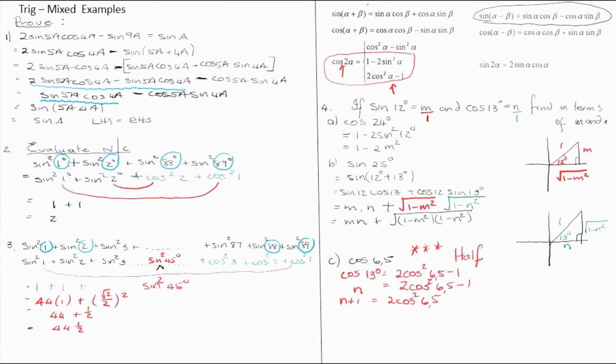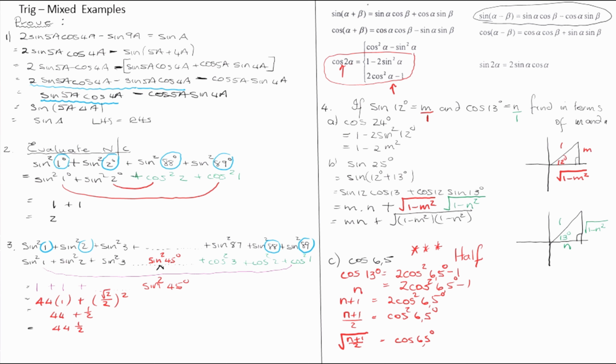I'm going to move the 2, so it's going to be n plus 1 on 2 is equal to cos squared of 6.5. And then it's going to give us the square root of n plus 1 on 2 equals cos of 6.5. Two things, don't forget your degree signs,